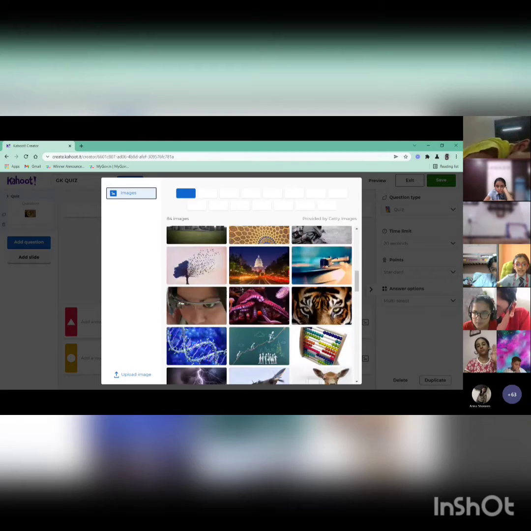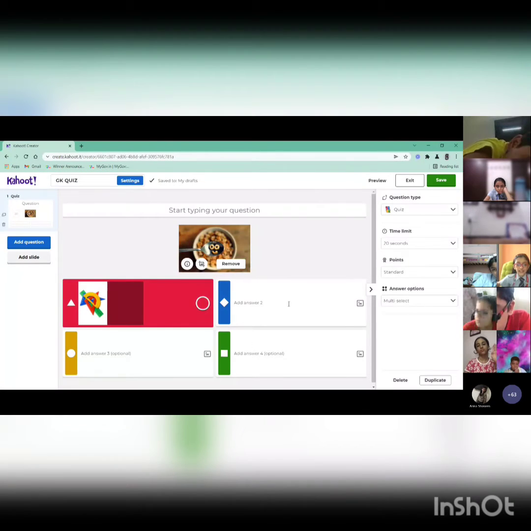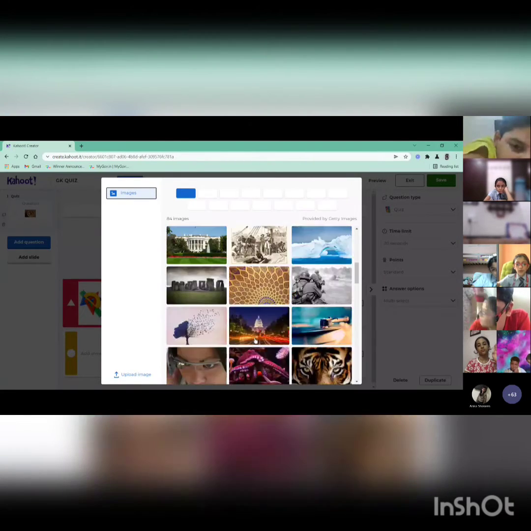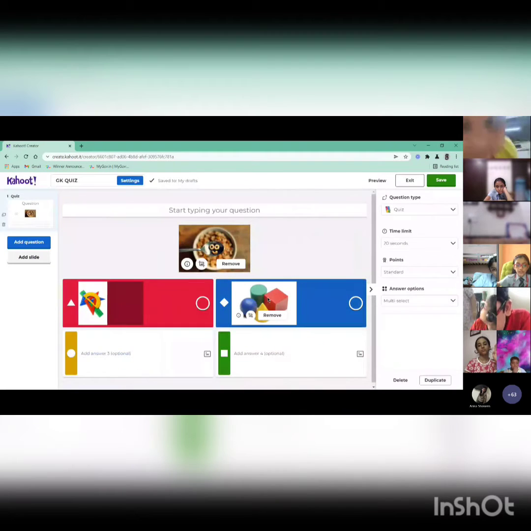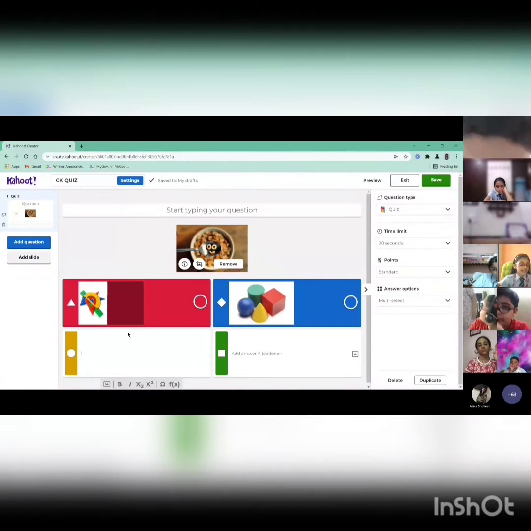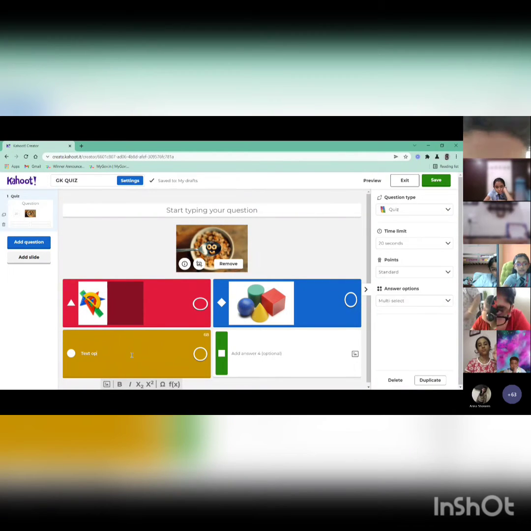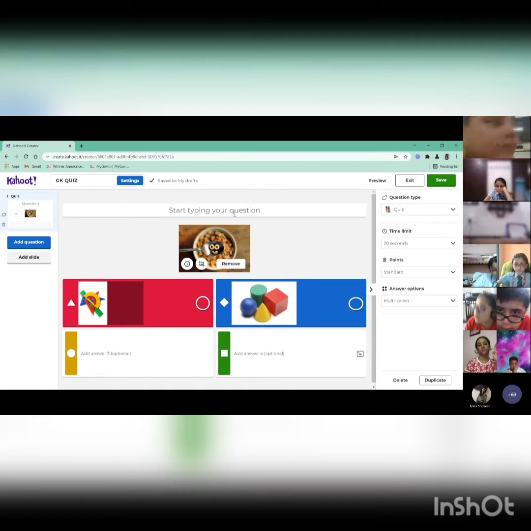When we click on that, we can add any image as our answer, like this for each option. You can also keep some options as images and some as text options. These are things that you can use.